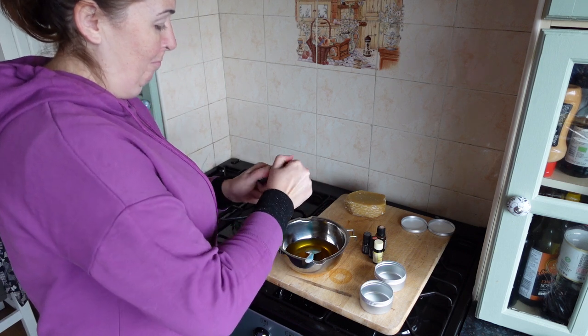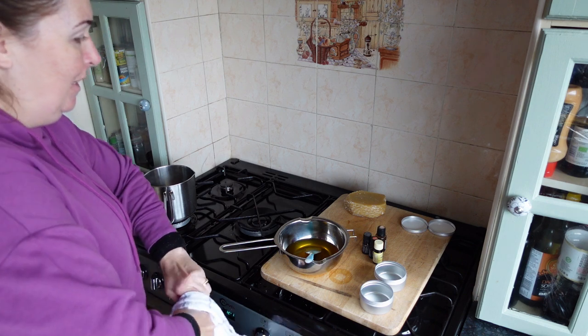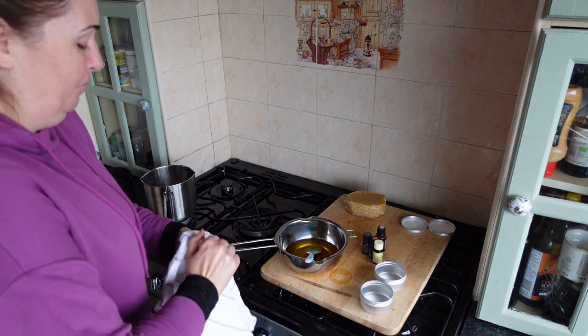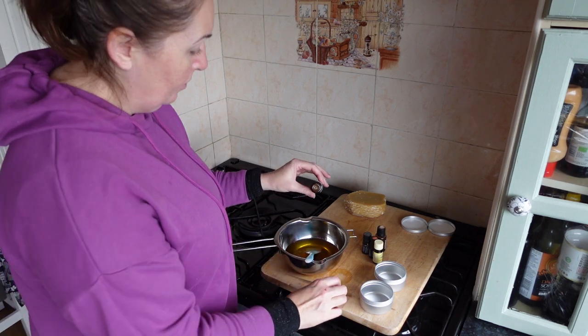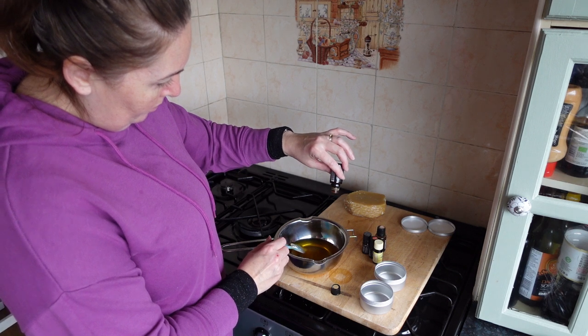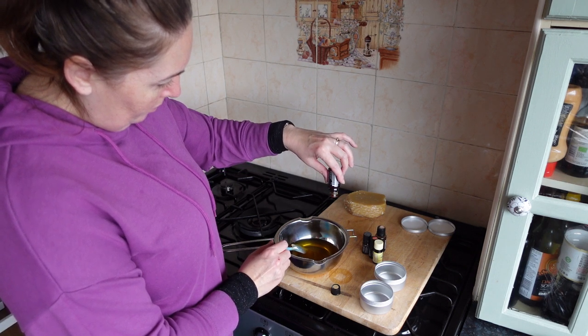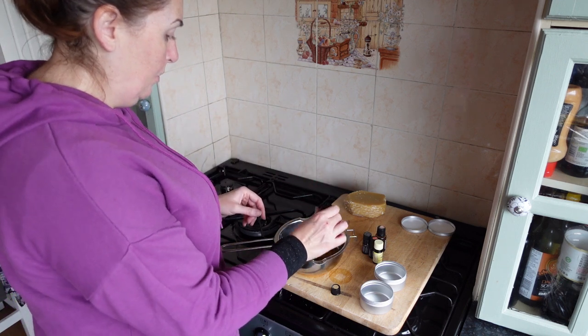And I've let this cool for a few minutes. The really important thing is you don't want to put essential oils into really, really hot oils. Does anybody else have that stubborn bottle of essential oil that you can never get the lid off? For me, it's myrrh. And myrrh is an absolute bugger to get the lid off. But anyway,